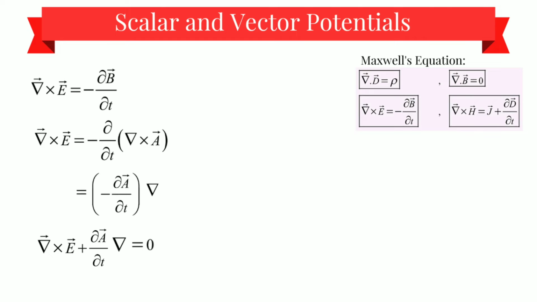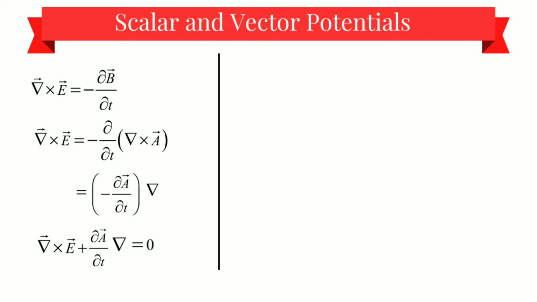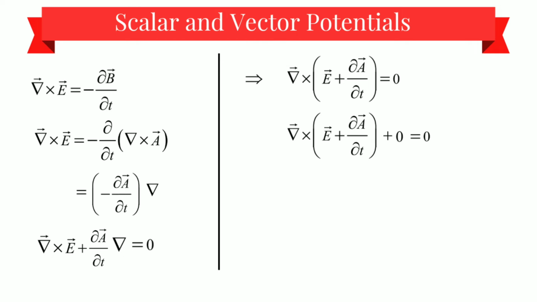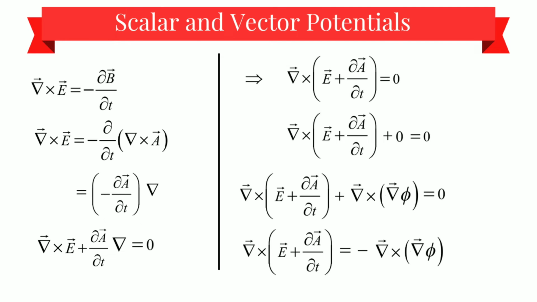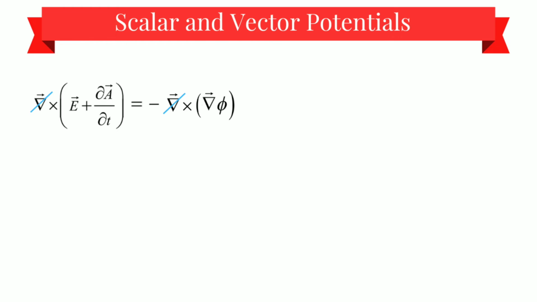Now taking this term to the left hand side, we'll get this equation. Now let's take del common from these two values. So we can write it as del cross (E plus ∂A/∂t). Now let's add a value which will not impact this equation, that is adding del cross del phi, which is equal to 0. So this will make no change in this equation. Now taking this value to the right hand side and cancelling del from each side, we will finally get E plus ∂A/∂t